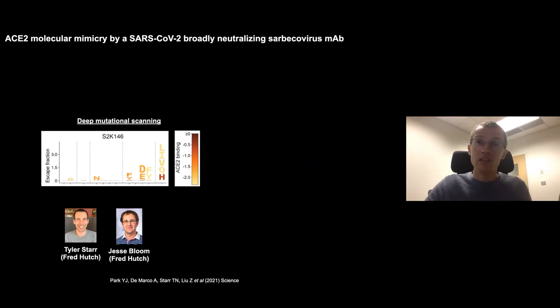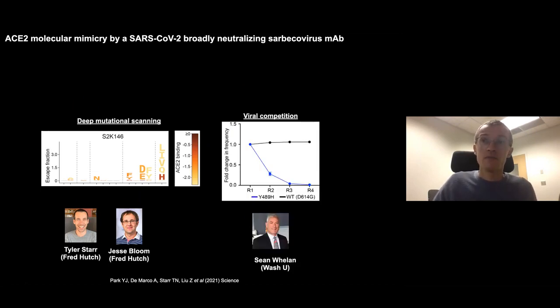But as you can see, based on the color scale, there is an almost 10-fold reduction in ACE2 binding. And when we do a viral competition assay between the wild-type virus and this escape mutant 489H, after 4 cycles, the escape mutant is completely outcompeted because it's not fit enough. So it's almost impossible to escape neutralization from this antibody due to the functional constraints by contacting the ACE2 binding